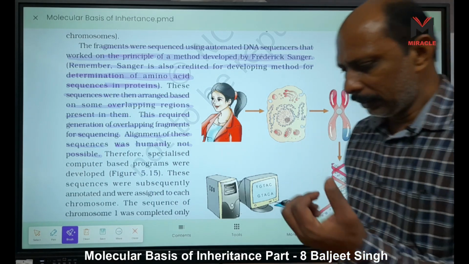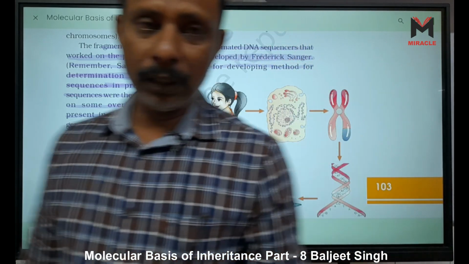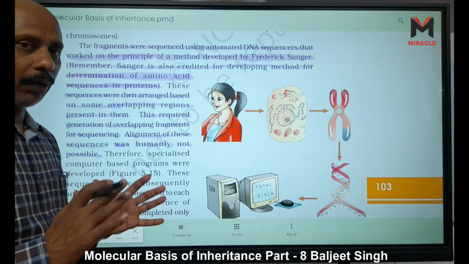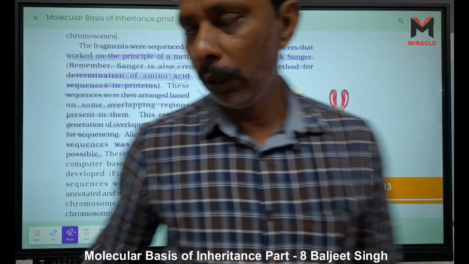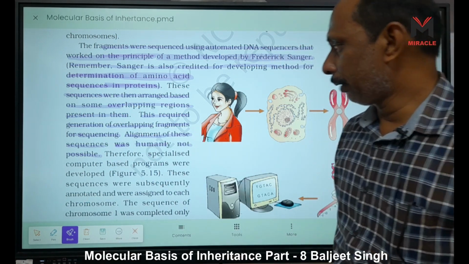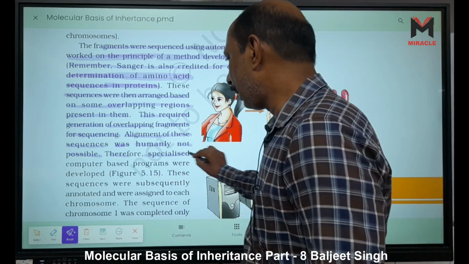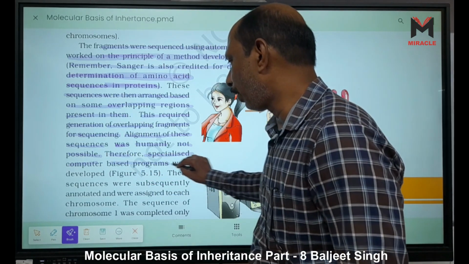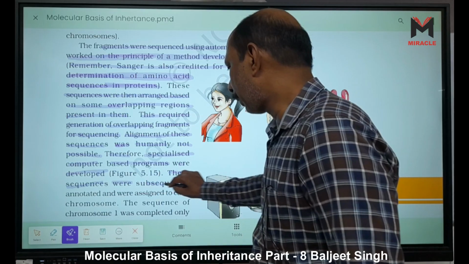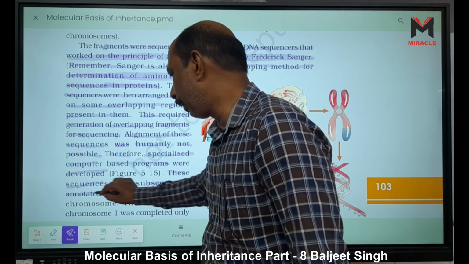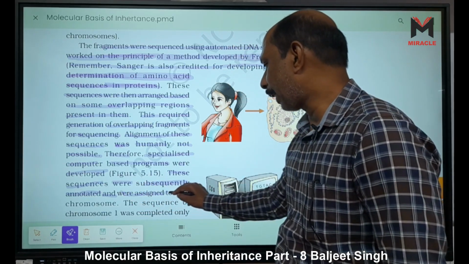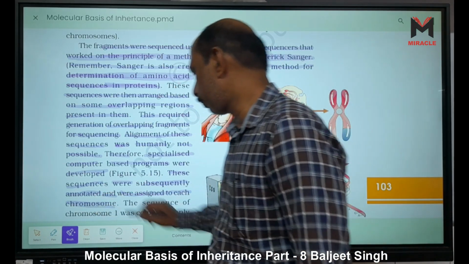First thing, they are very small. Second, our sense organs are not able to differentiate or to recognize these sequences, right? Therefore, a specialized computer-based program was developed. These sequences were subsequently annotated and were assigned to each chromosome,